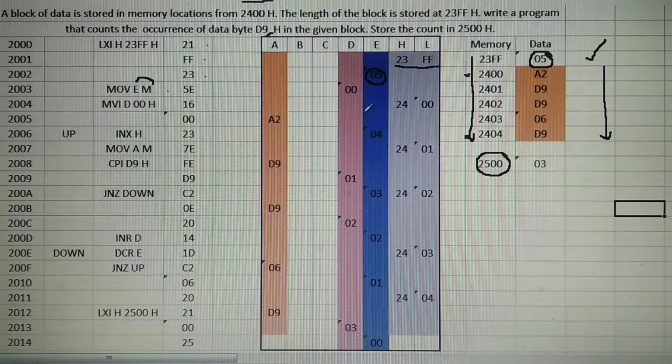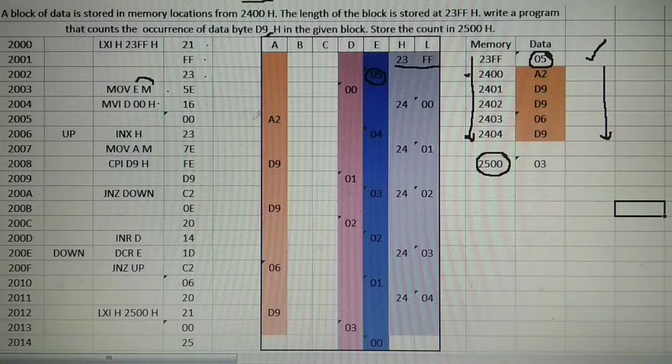When a D9 number occurs, you have to increment the value of the second counter by 1. Initially, that bucket should be empty. When you get the number D9, put one marble in that bucket, but initially the bucket should be empty.